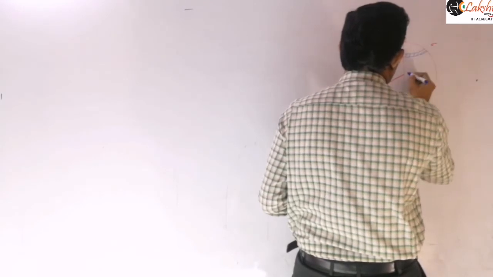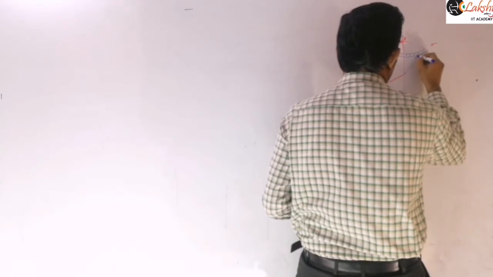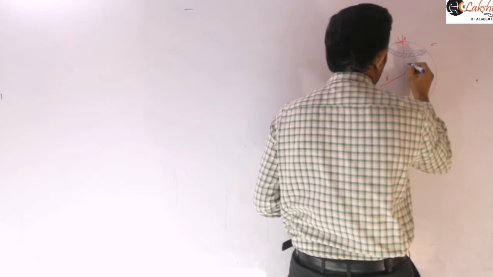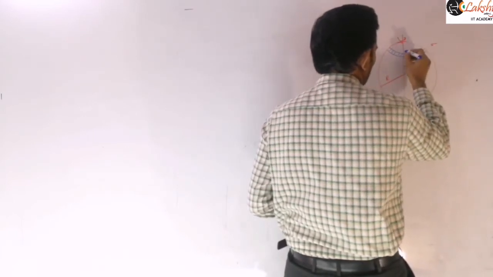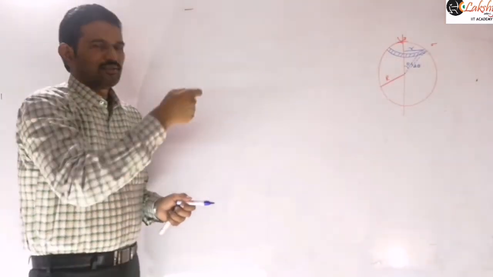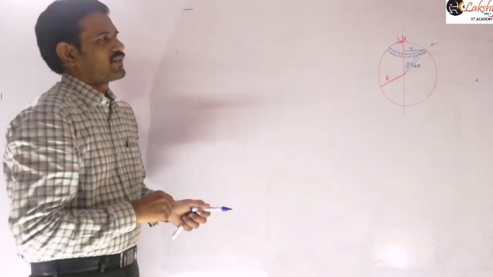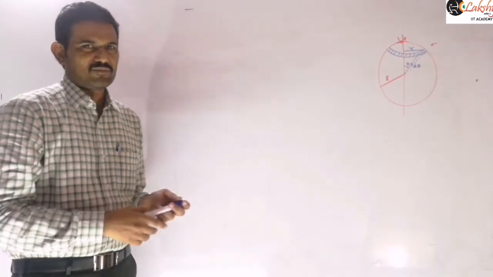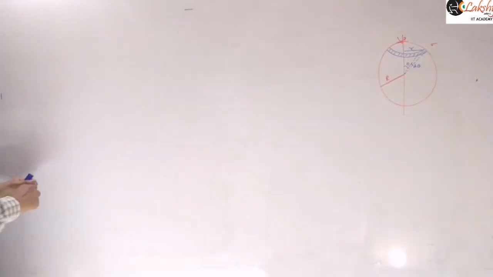This is a small element that I am taking here. This is the theta I am considering, and this is the d theta. The radius of this small r I am taking there. If you consider it like that, you will get a circular ring element. For that ring element, I am going to write the charge, the current, and then the magnetic moment calculations. Is it clear? So first let us see this for the small element.